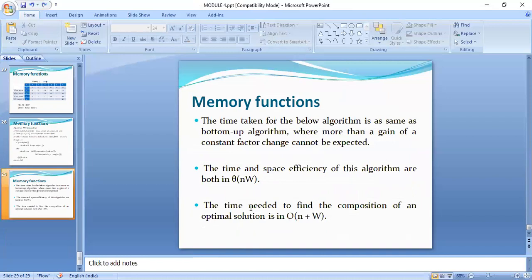In dynamic programming, we have seen the introduction of it with the Fibonacci sequence, how to have a recursive call, as well as binomial coefficient calculation. Then we have seen Warshall's and Floyd's algorithms. Then we have also seen the knapsack problem with the memory functions. You need to work out some problems and check whether you are clear with the topic or not. If you have any doubts, you can get back to me.